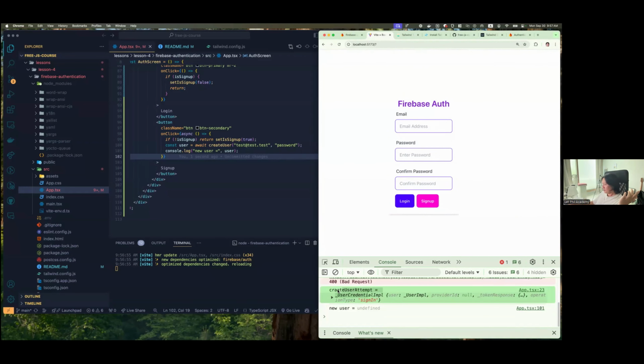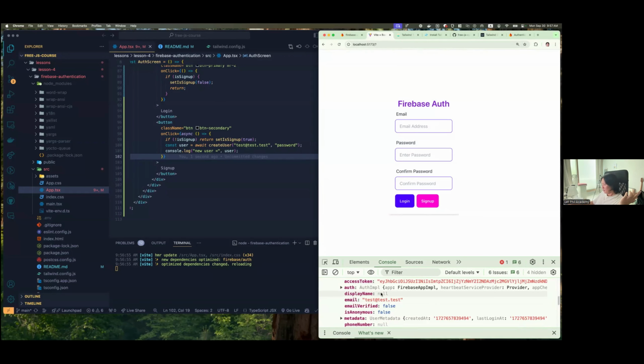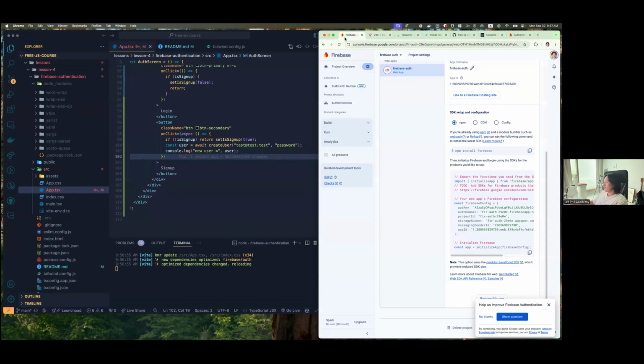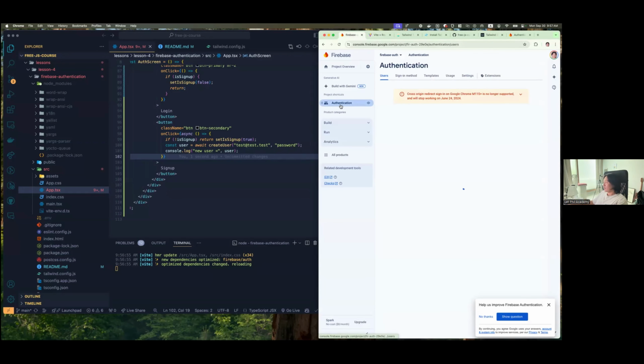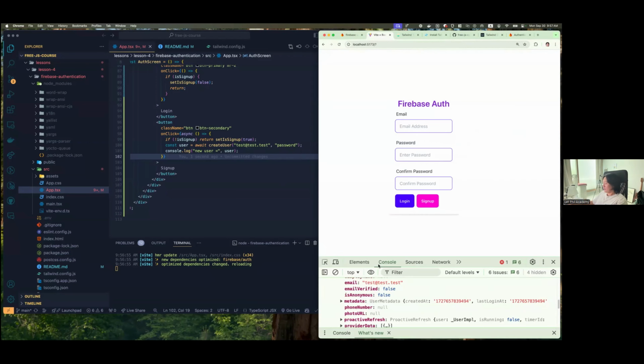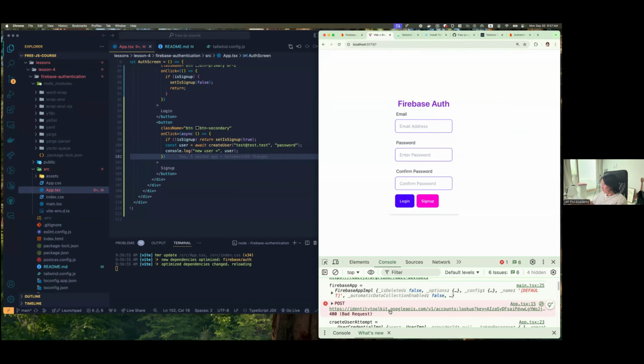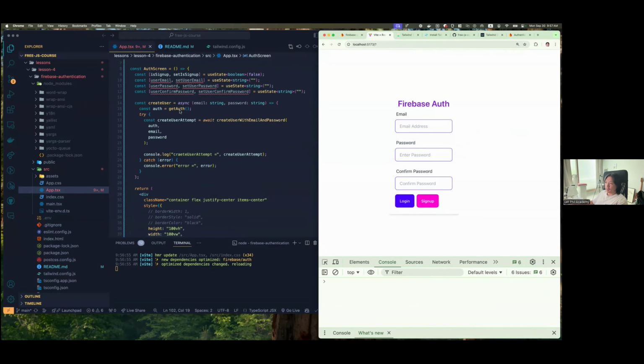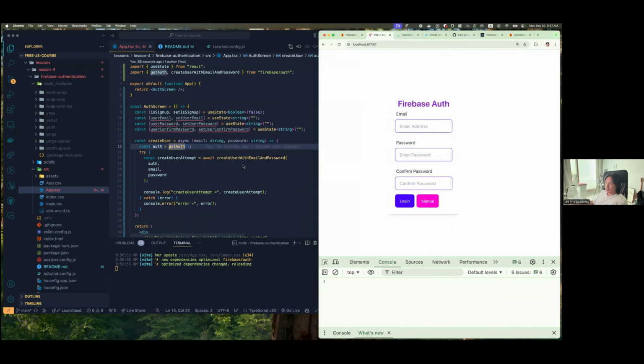But it seemed like something happened, right? So user access token, everything went in. Cool. And then if we go into the Firebase place, we go into authentication, we got our new user, September 30th at this time. But I wonder what that error message was. Who knows? Maybe because we're all doing it in one file. I don't know. But anyways,